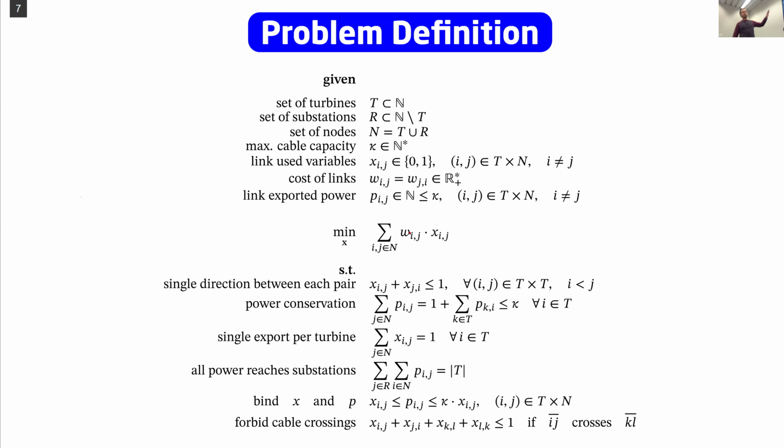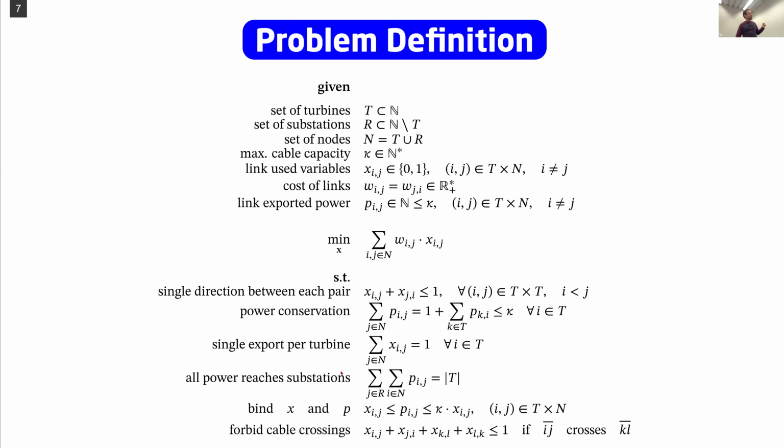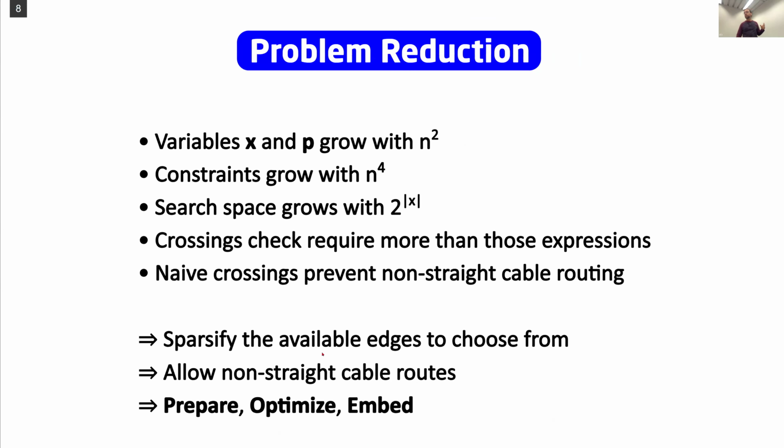This is already hard. Just doing that, without any constraints, would be hard. But you still have these circuit constraints, like you want to have all turbines connected to the substation. So you do a power conservation constraint and the single export per turbine, you only have power leaving through one cable. All power reaches the substations. But the hard one is forbidding cable crossings,